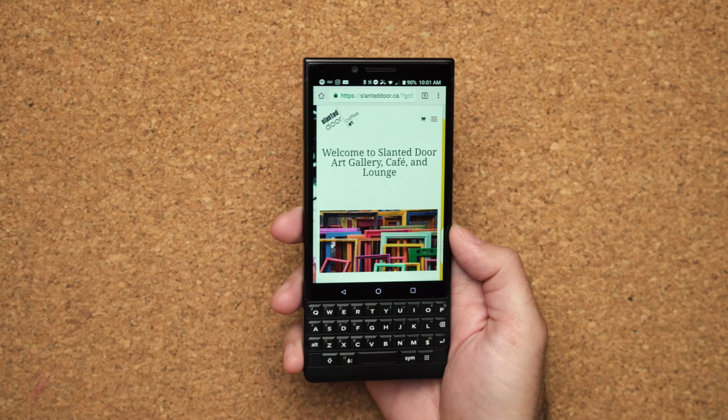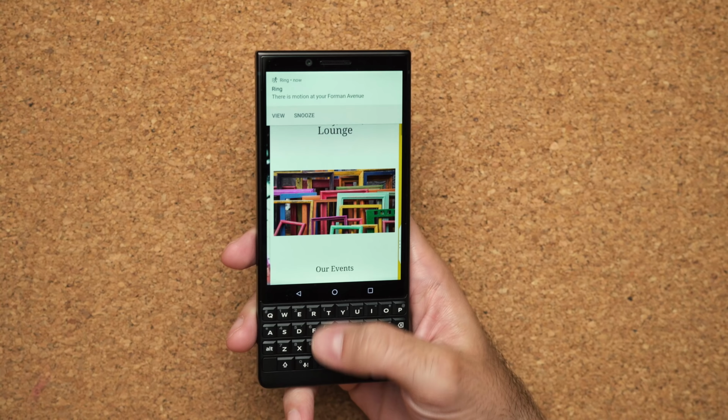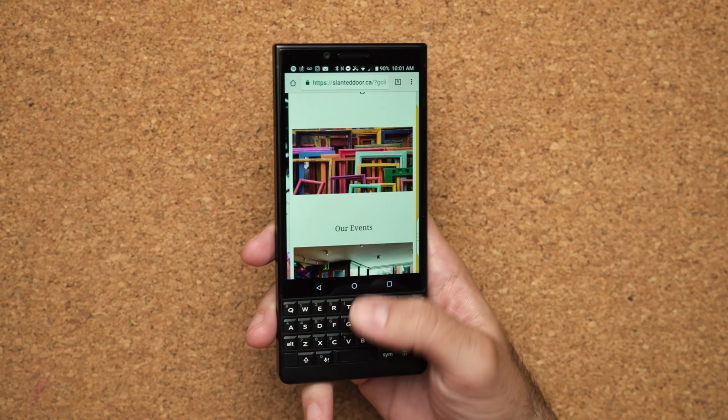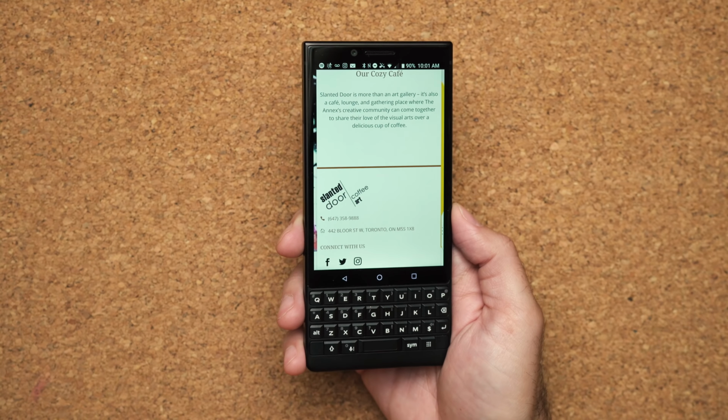So the other thing is scrolling issues. The one thing that BlackBerry does to really differentiate itself from its competitors is the keyboard. And one thing they've done, which I think is really cool, is bake scrolling into the keyboard itself. But the problem is there's lagging issues with the keyboard. Like when you swipe up and down, it kind of just moves a little bit. Sometimes you get like a spurt of scrolling, but overall it just doesn't work well. You can use the screen, that's nice and fine, but if you're scrolling on the keyboard, it's something to look